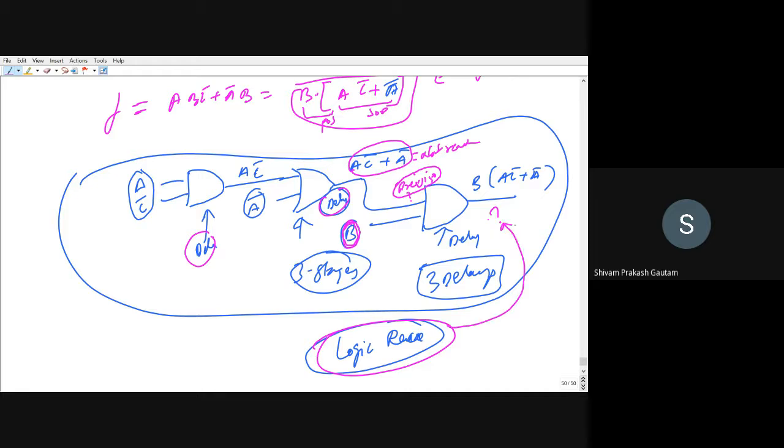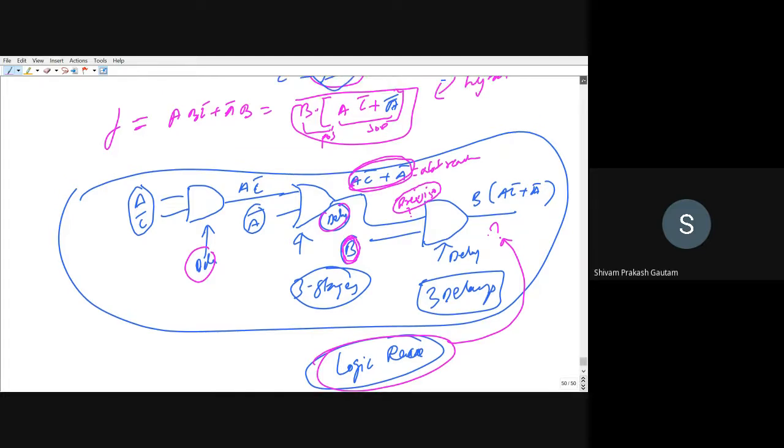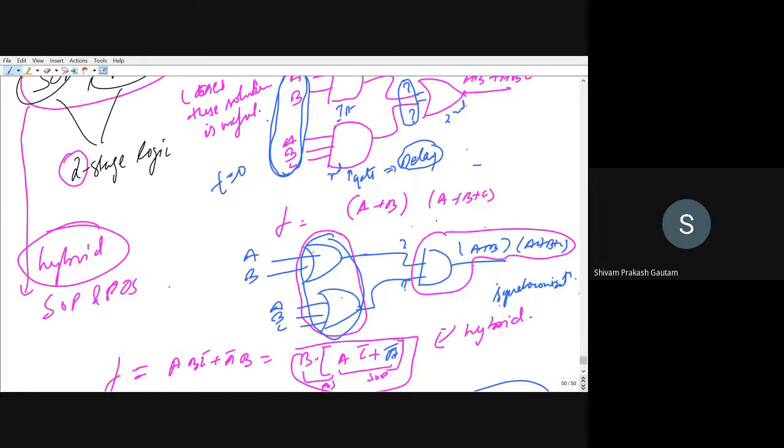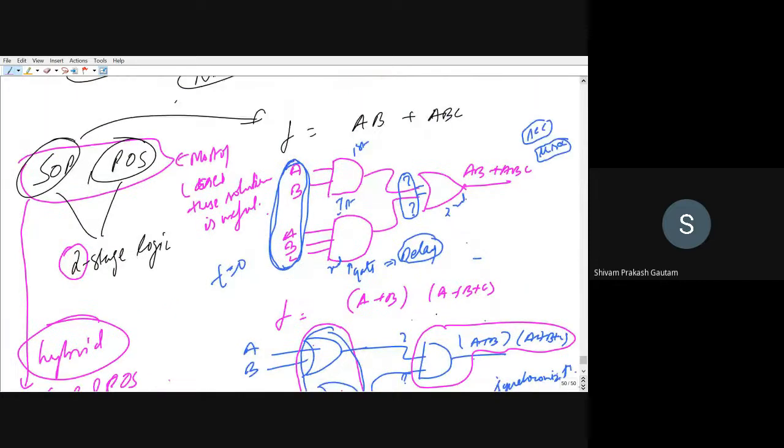But this output is not correct because we wanted this logic to be there, but it has performed the operation based on our previous output. So a logic race condition will be there, right? Therefore we want that some uniformity has to be maintained. So in most of the cases, POS or SOP form is preferred. In most of the cases, that is why I have told you, this form is